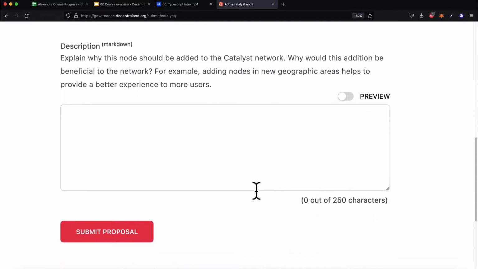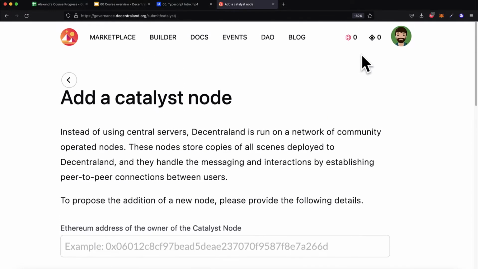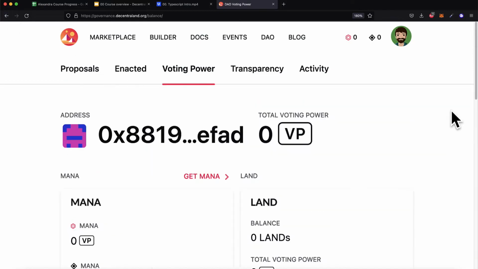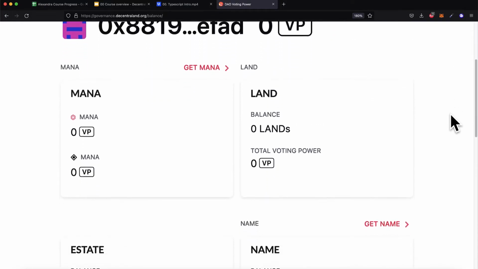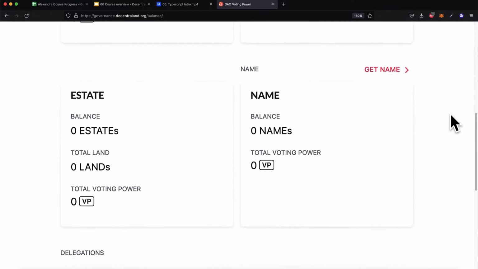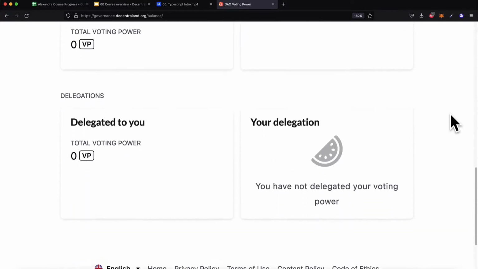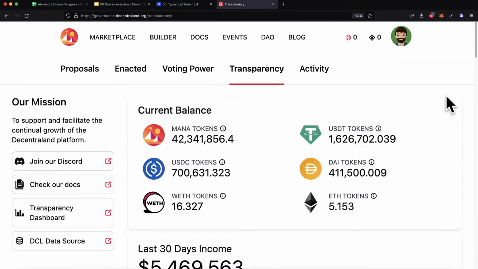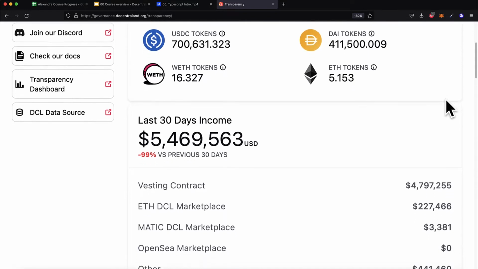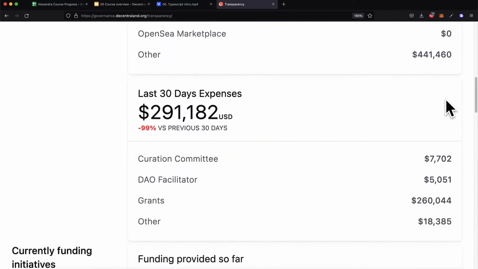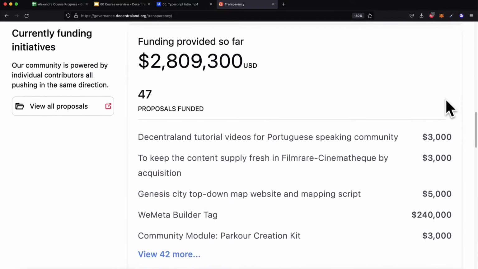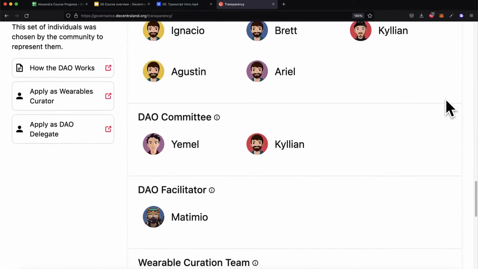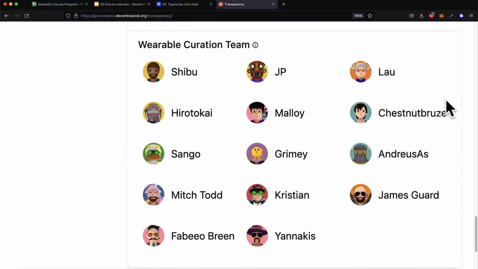Some more examples of what you can do with the DAO are: upgrade land and estates to add more features, specify the dates and rules for future land auctions, vote on the size of marketplace fees, which is in MANA that gets burnt, vote on primary sale fees, also in MANA, vote on the addition and replacement of servers, vote on the allocation of grants, vote on addition of new wearables for characters in the world, and vote on who should be a member of the council.